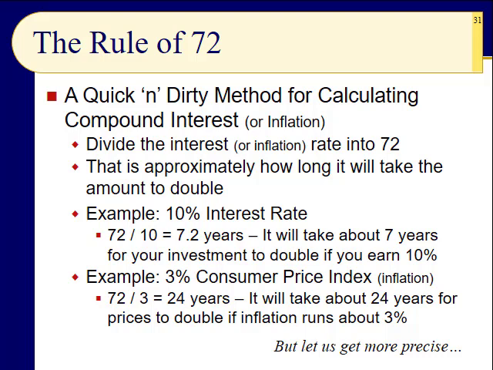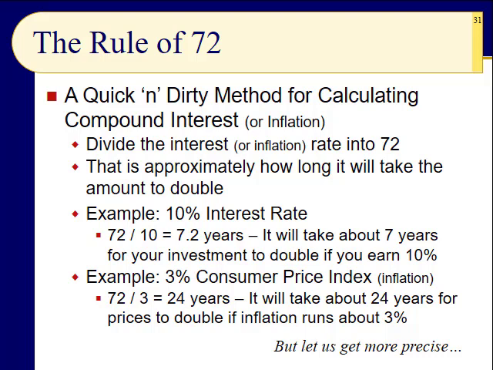So say you had a 10% interest rate. You take 72 divided by 10, and that's 7.2, 7 years. So it'll take approximately 7 years for your investment to double. If there's a 3% consumer price index, which is what it's been over decades, it's now lower. And this, again, is aggregate. Some things are more, some things are less. But let's say 3%. 72 divided by 3 is